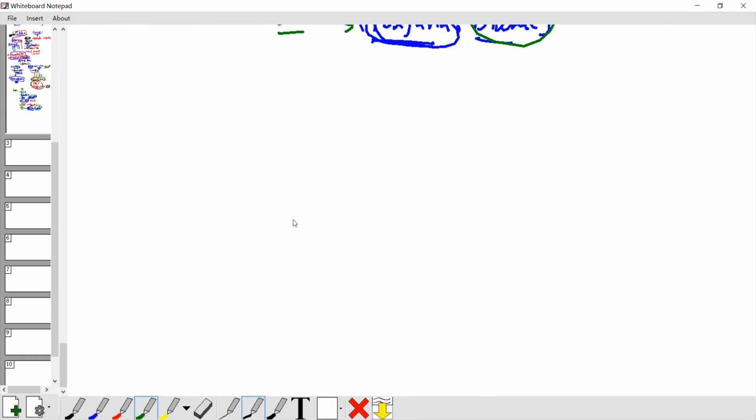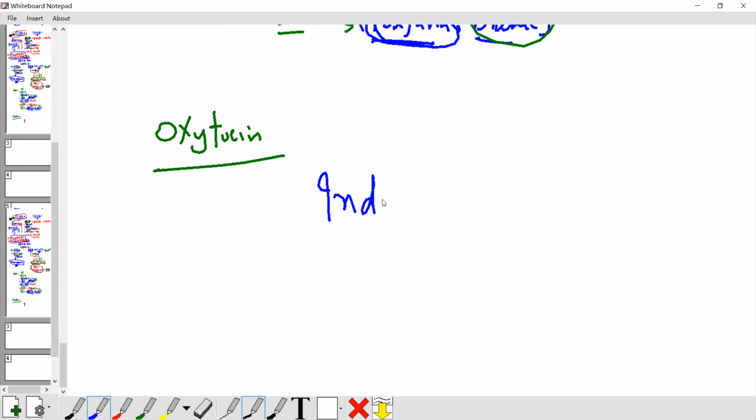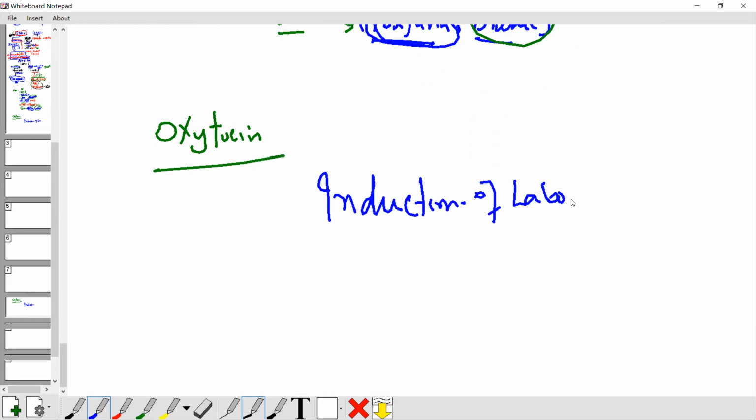The next hormone, oxytocin. Oxytocin we can use from outside for what purpose? Oxytocin we use to induce labor, induction of labor, if labor is a bit delayed in uterine contraction. The function of oxytocin is to help in labor. Okay, induction of labor. And what sometimes happens after delivery,